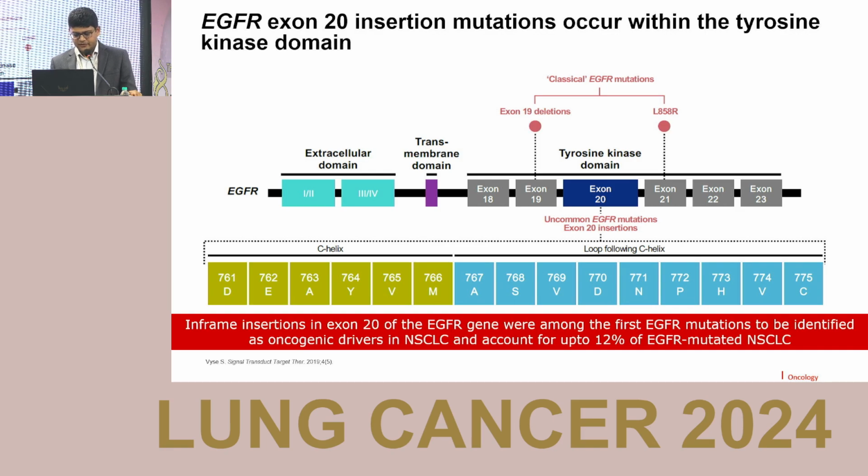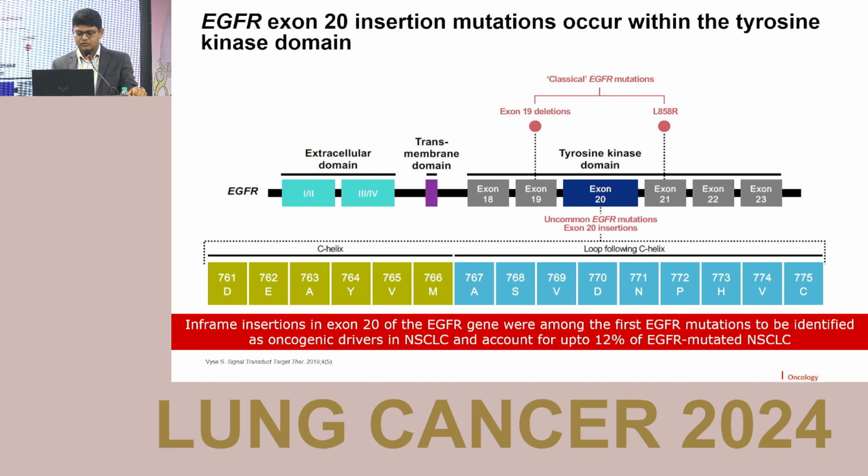This is the structure of EGFR exon 20. You have an extracellular domain, then a transmembrane domain, then exon 18, 19, and then 20. It is the tyrosine kinase domain. If you see exon 20, you have a C helix initially from codon 761 to 766, and then you have a loop. It is also divided into near loop and far loop, and you see a lot of insertion mutations in the loop. So in-frame insertions in exon 20 of EGFR are seen in up to 12% of EGFR